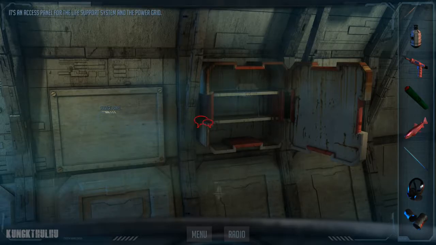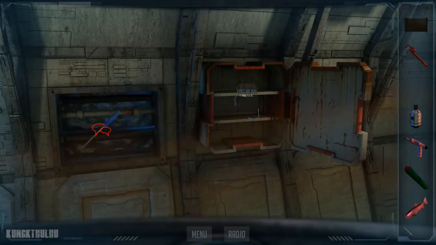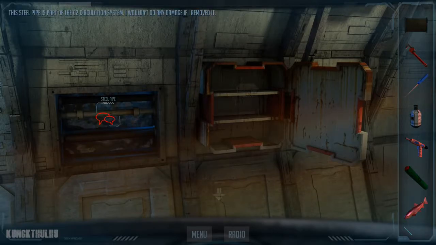It's an access panel for the life support system and the power grid. That was pretty easy. This steel pipe is part of the O2 circulation system.